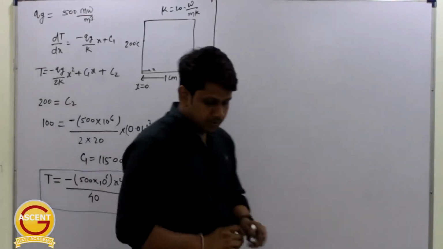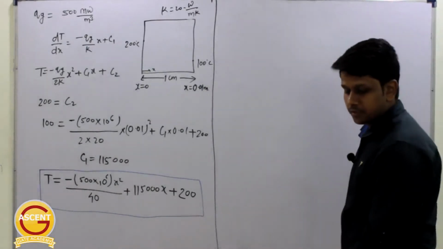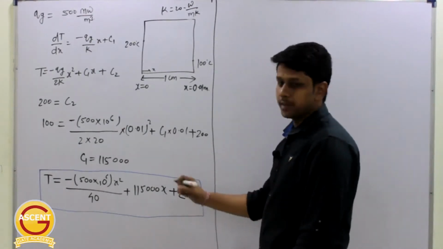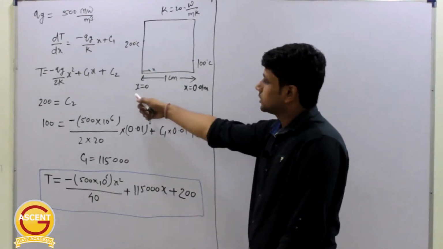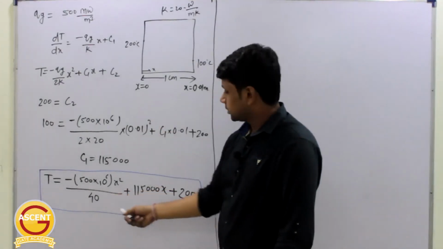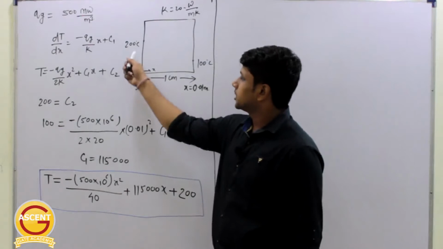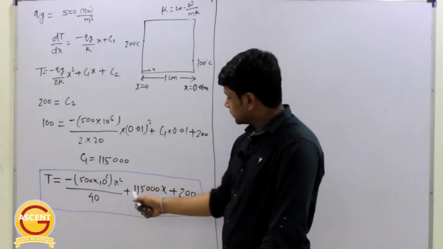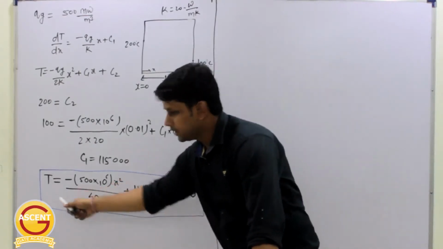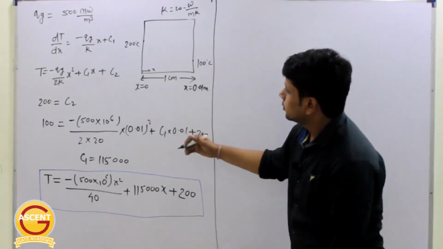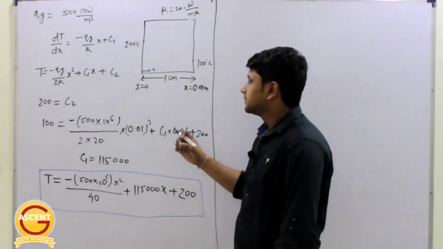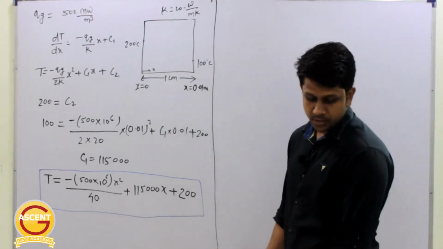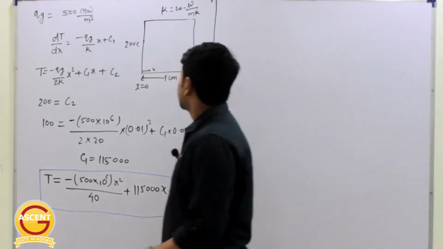Okay. Now the first question that he is asking is the temperature at the center of the plate. So if you put in a value of x, you will get the temperature at that location. For example, if you put x equal to 0, what do you get? This term will become 0, this term will become 0, and you will get 200 because the temperature here is 200. Similarly, by putting x equal to 0.01, you are going to get T equal to 100. Similarly, if you put any value of x, you will get the temperature at that location. This is the meaning of this temperature profile. Now he is asking us to calculate the temperature at the center of the plate. So what is the center of this plate?